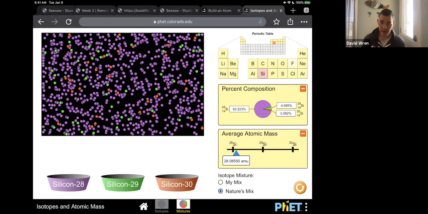But then if you look at the average atomic mass that we find on the periodic table, it is 28.08. That's almost 28. It's representing that weighted average, where you're multiplying 28 by almost 100%, like 92.2. Okay, so you can think about it conceptually and mathematically. It's trying to have you connect the two in the simulation.